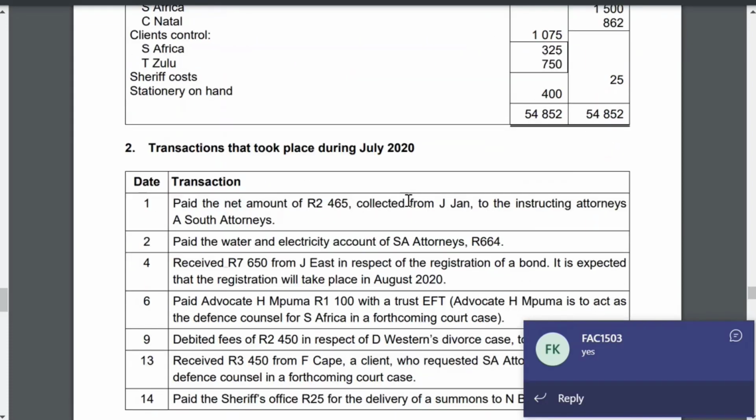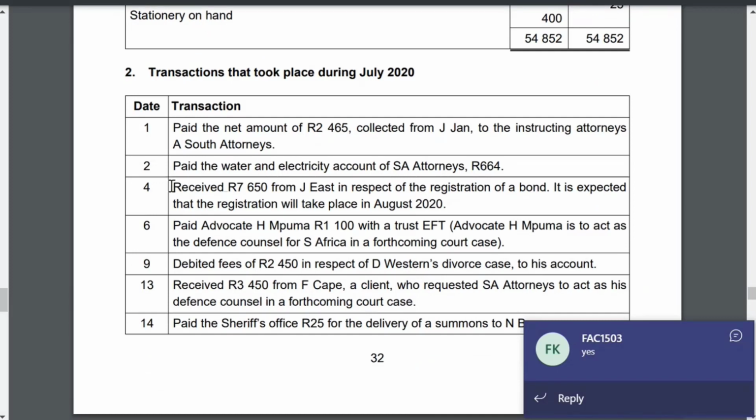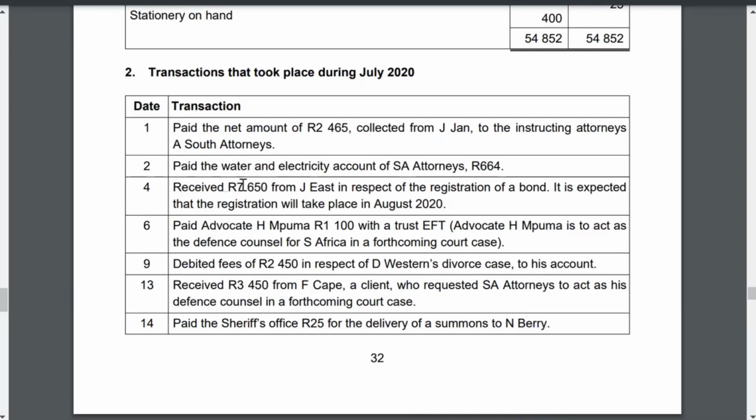SA attorneys received 7,650 from J East, which is a client, in respect of registration of a bond. It is expected that the registration will take place August 2020. So transaction number 4, what is happening there is